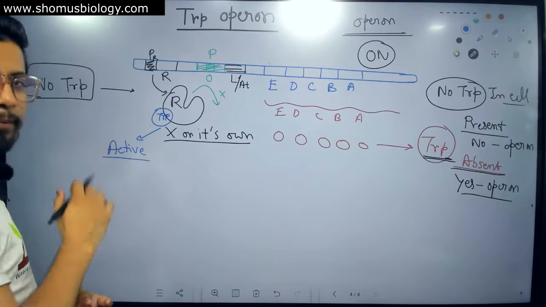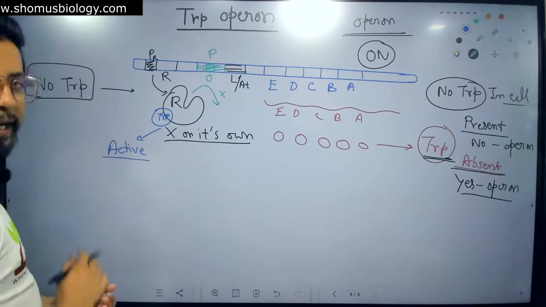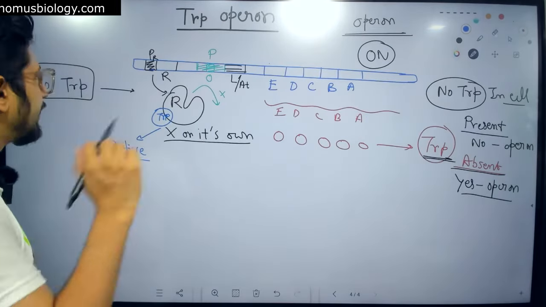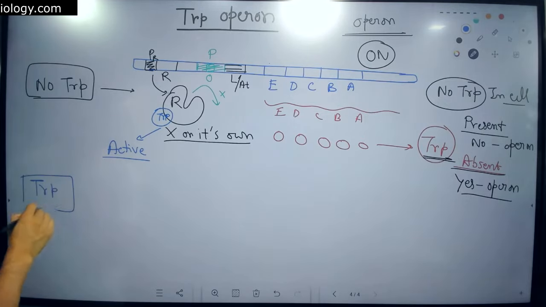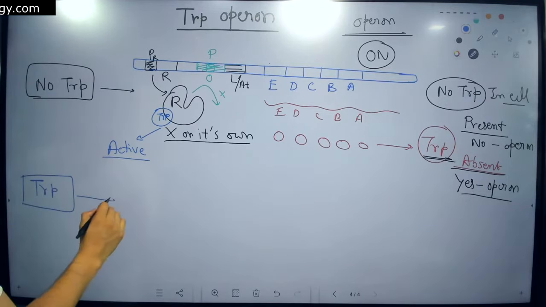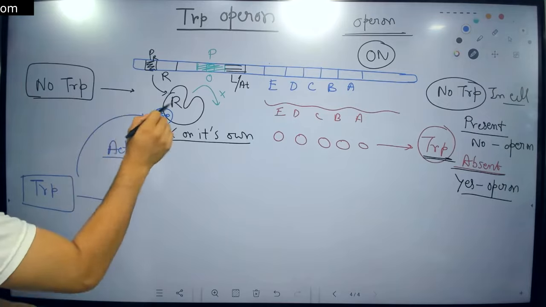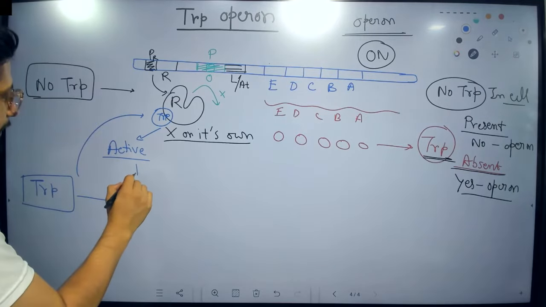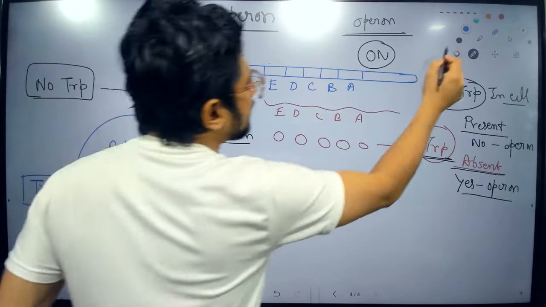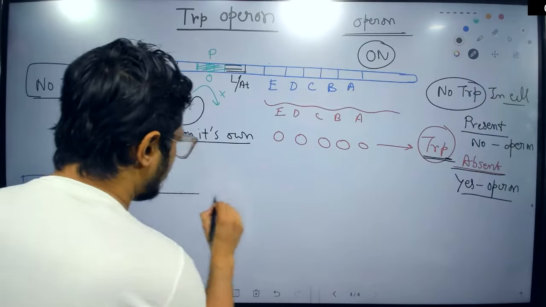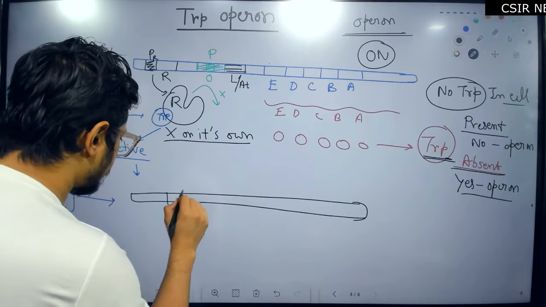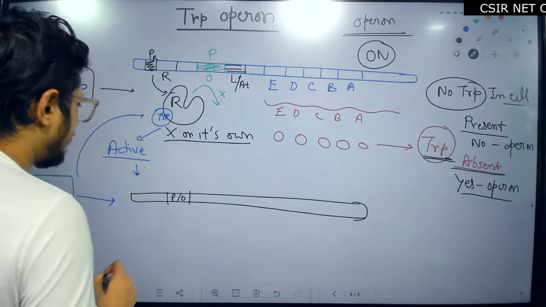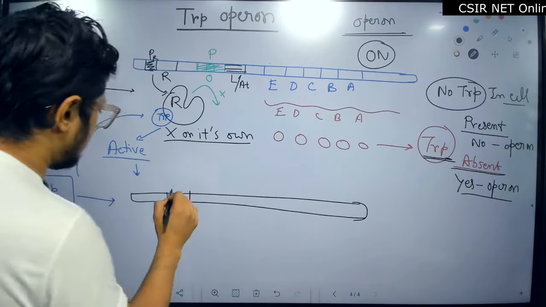And when the repressor becomes active, then it can bind to the promoter operator pair. And this happens when there is the presence of tryptophan in the environment. When the tryptophan is present, this tryptophan is going to bind to this repressor and the repressor becomes active, and this repressor is going to, again let me draw here, bind to this